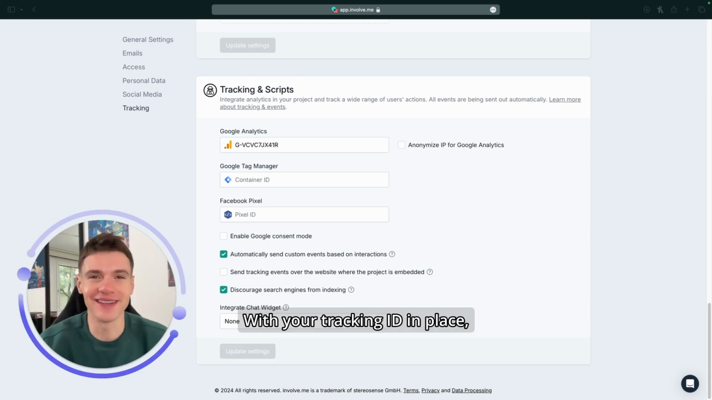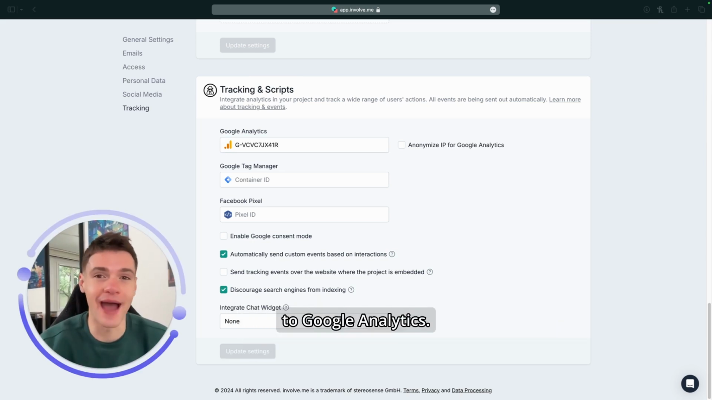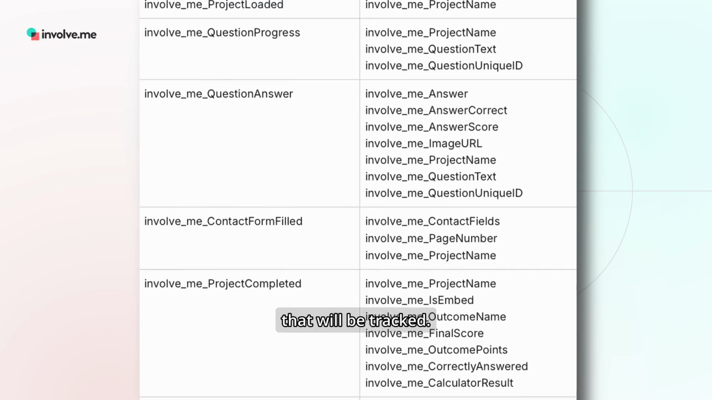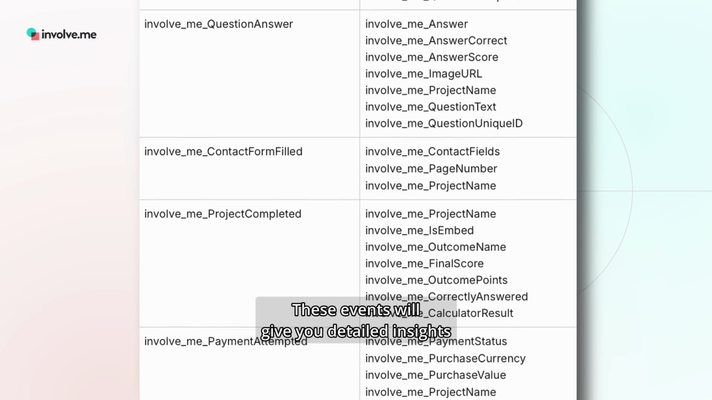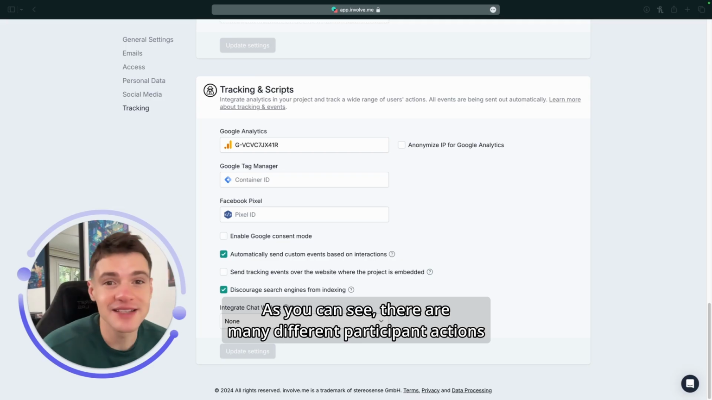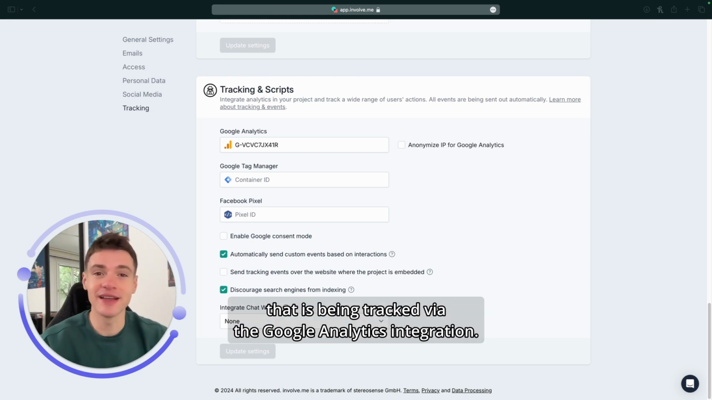With your tracking ID in place, Involve Me will start sending custom events to Google Analytics. On your screen right now are the key events that will be tracked. These events will give you detailed insights into user interactions on your project. As you can see, there are many different participant actions and corresponding collected data that is being tracked via the